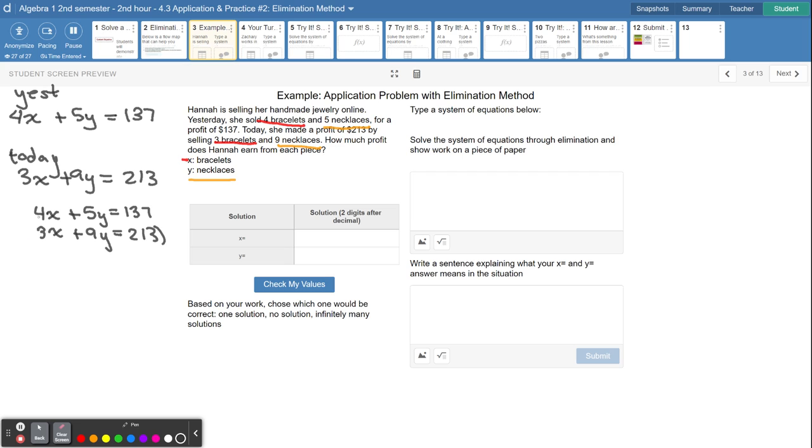Now there's no easy way to create opposites, so the way that my flow map on slide number 2 shows you is probably going to be the easiest way. So we want to look at the coefficients of x, which is 4 and 3. All you're doing is making one opposite and keeping the other one the same. This right here will create opposite x's, which is what we want, because eventually we're going to be adding the equations. So this is going to get us negative 15y, and then negative 3